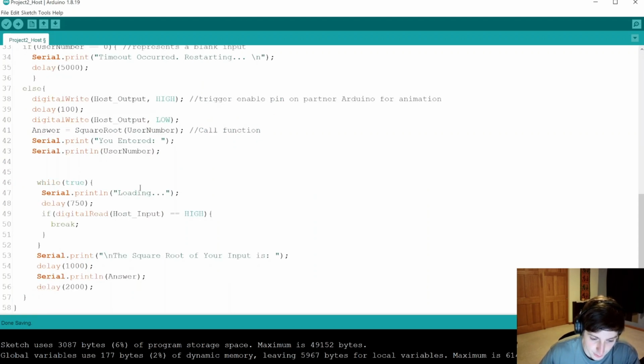And following this, we get pushed into this while loop because our condition is just true. So what we do here, we just continuously print "loading." So we print loading, we delay 750 milliseconds, and then we move on to this if statement. So now we're going to read what the input is, and if it's high, we break out of this while loop. But if it's not, we completely ignore this if statement, and we just keep printing loading, and then delay